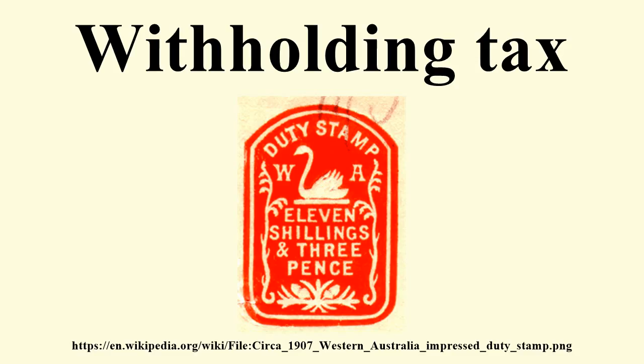Typically, the withholding tax is treated as a payment on account of the recipient's final tax liability. It may be refunded if it is determined, when a tax return is filed, that the recipient's tax liability to the government which received the withholding tax is less than the tax withheld, or additional tax may be due if it is determined that the recipient's tax liability is more than the withholding tax.